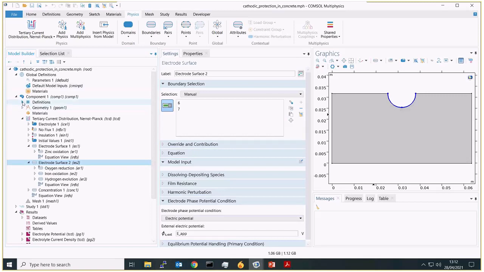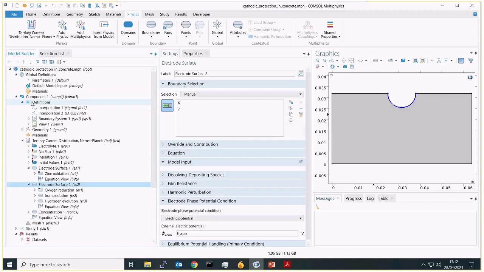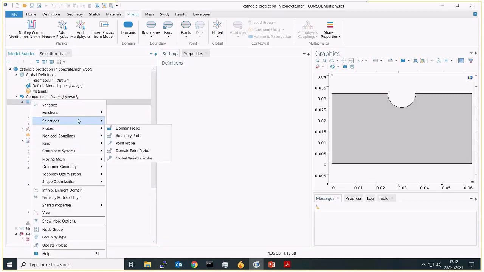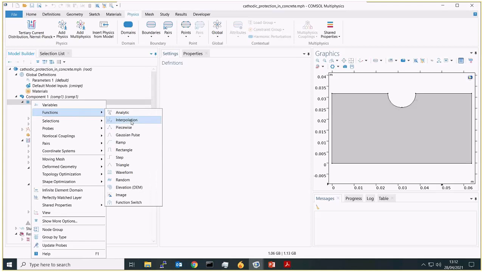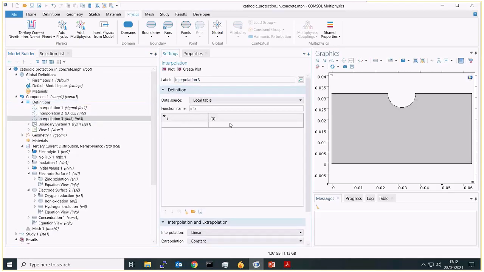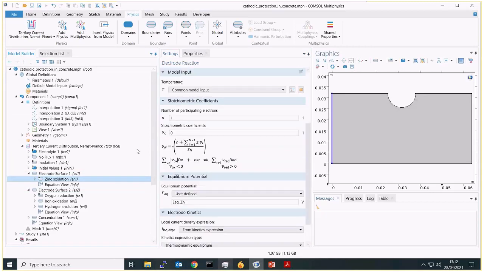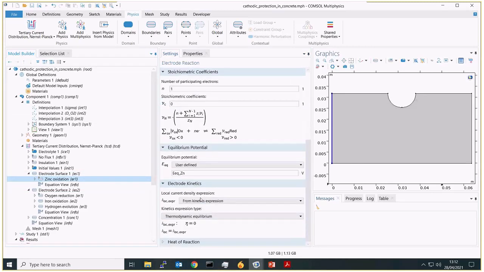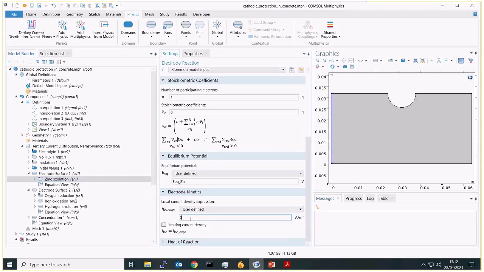If you do have, say, a polarization plot, you can create an interpolation function, and then provide your current density versus your potential in there, and then use that as an input for your current. So instead of using a kinetic expression, we can just go user defined, and then you can define your current density this way. Okay, yeah.